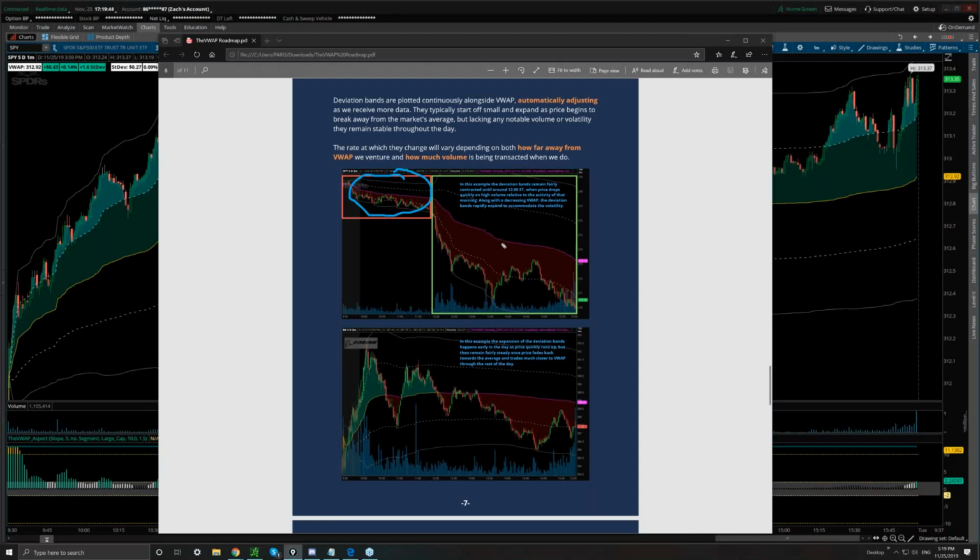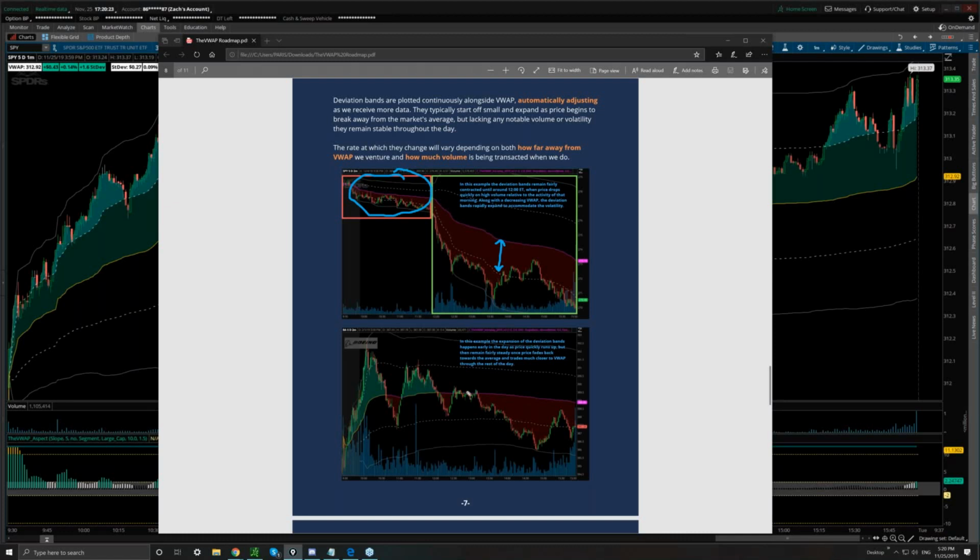And when I'm talking about the size of the deviation bands, obviously what I'm referring to is the distance between the VWAP and the one deviation band. And just to be clear, that's going to be the same amount of distance as between the -1 and -2 deviation band. You could think of standard deviations as a unit of measurement. It's kind of weird to think about it that way, but each stock has its own typical amount of movement away from the VWAP. And that can develop and change, and it typically grows over the course of the day.